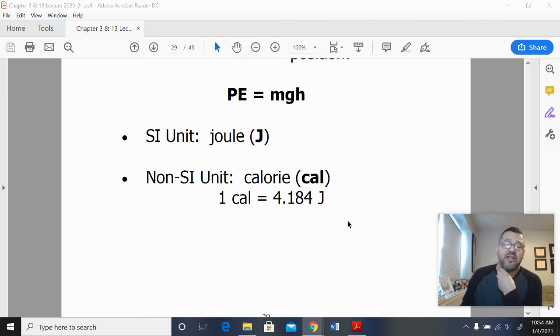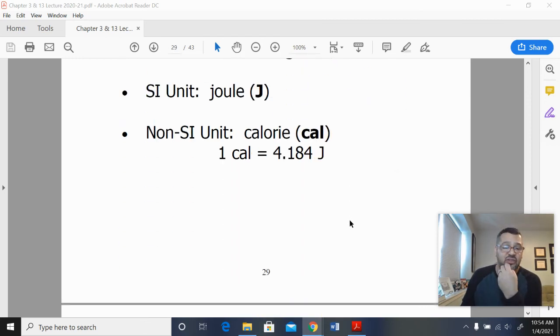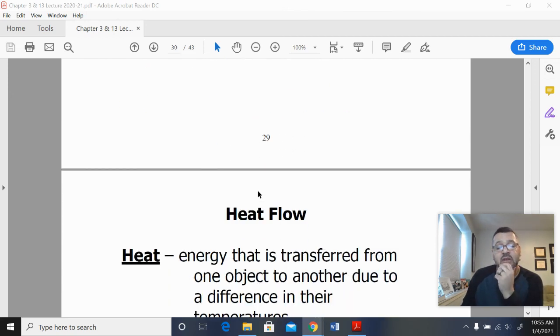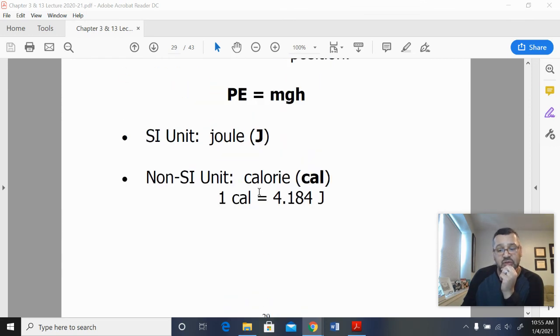Now, the unit that's used to describe energy is the unit of joule. Joule. He was a scientist, and that's the SI unit that's used. The non-SI unit, the more common kind that's not necessarily scientific, is the calorie, which we are familiar with because it's related to the food calories. And the relationship between a calorie and a joule is 4.184 joules in a calorie. Okay, so that's the relationship between those two. In the next video, we'll talk about how we do and deal with that.